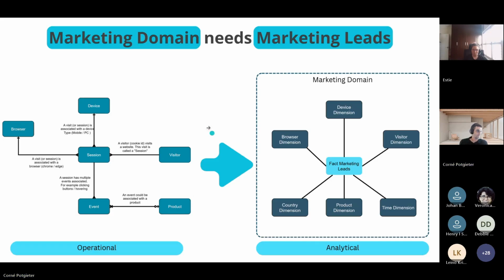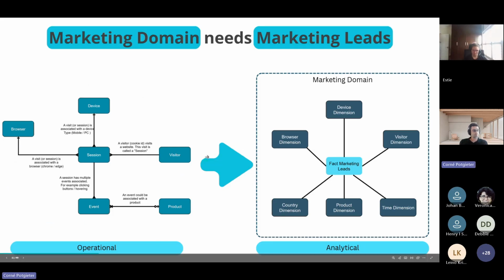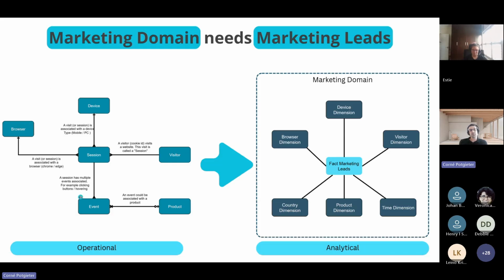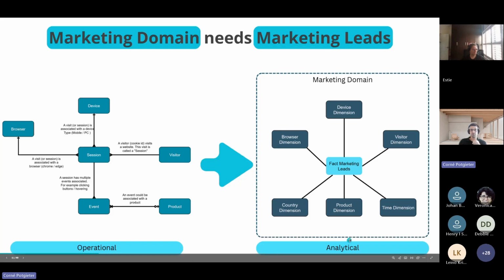So the job that needs to be done is you have to go from this kind of operational model. And this is, let's say, in some tools, pretty much how the data is stored as well. You have to go from this operational, obviously a lot of high frequency data, depending on how many products you sell or how many thousands of customers you have online, and sift through that to give an analytical view of this data.